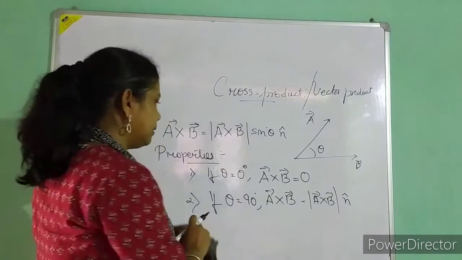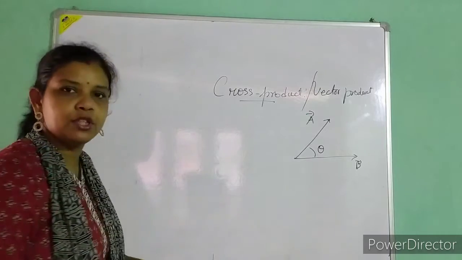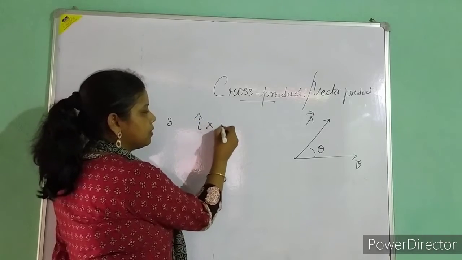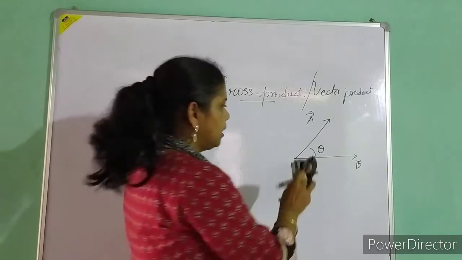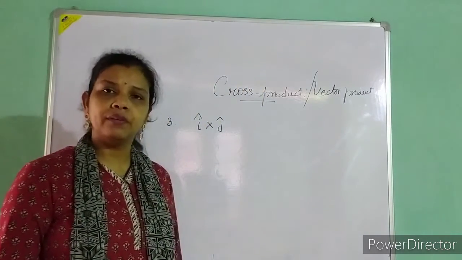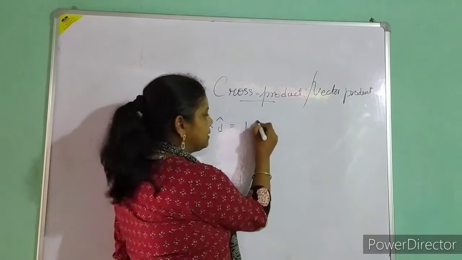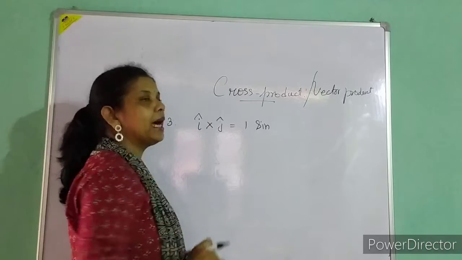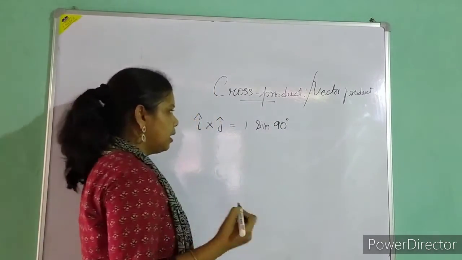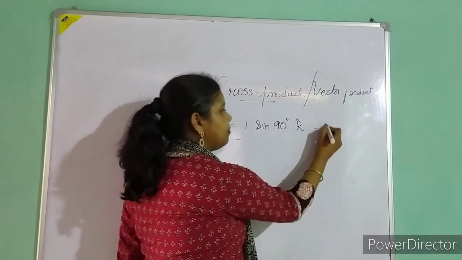Also along with this, I hope you remember we have studied the unit vectors I, J, K, which are rectangular components. Yes or no? So number 3. If I write I cross J, what will happen? The magnitude of both vectors is 1 only. So the magnitude part will become 1. Then sine of, now tell me what is the angle between I and J? It is 90 degrees. So I will write sine of 90, and I cross J should be 1. Then what is the remaining axis? That is K. So it will become K cap.